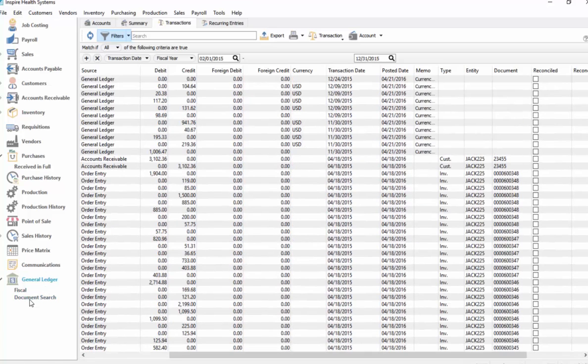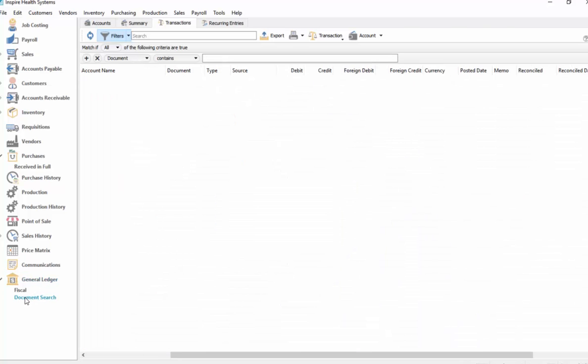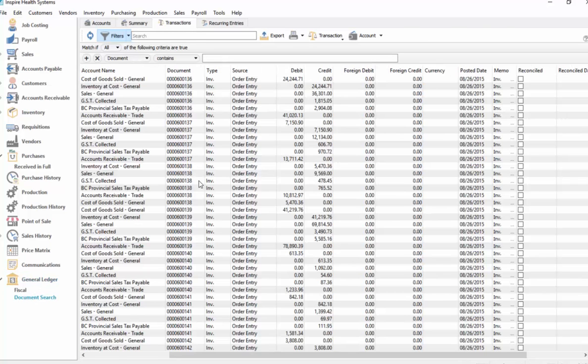So if I go directly to document search, it puts me onto the transactions tab. I've already got a preset here called document contains. So you don't even need to have the whole number. If you've got leading zeros on your invoice numbers or your PO numbers, you don't need them. So this is especially useful for things like searching for each of the receivings against a PO. So